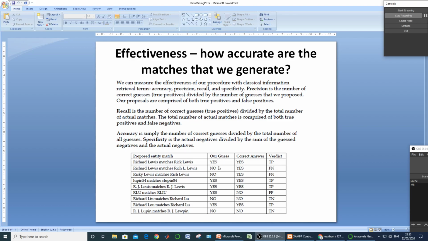Our proposed system has shown it as yes, meaning they were matching, but the correct answer, or you can say ground truth, was also yes. So this will go to the true positives, meaning our system indicated it as positive, and it was true when we verified it against the ground truth.